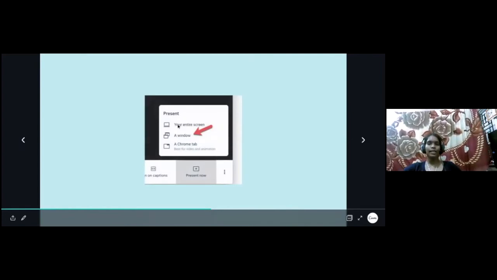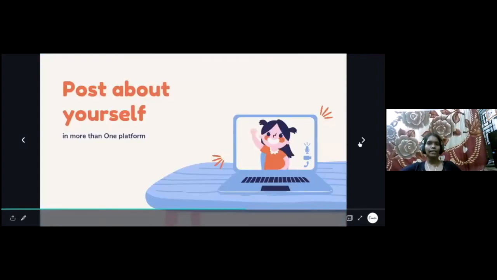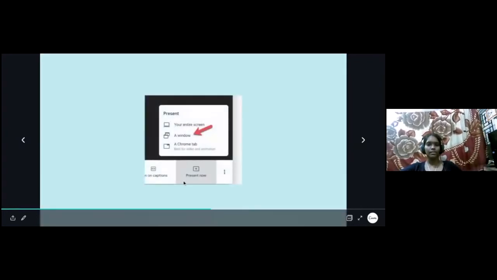You'll get three options. You can share your entire screen, just one window, or just one single tab. When you are playing a video or any animations for the students, you can use this Chrome option to share your single tab. So learn to use the technology. It is very simple, and most teachers who have been teaching traditionally have shifted to online teaching and adapted to the tools. It is time now to start practicing, and after 5 to 10 sessions, it will be very easy to handle and you will become an expert.